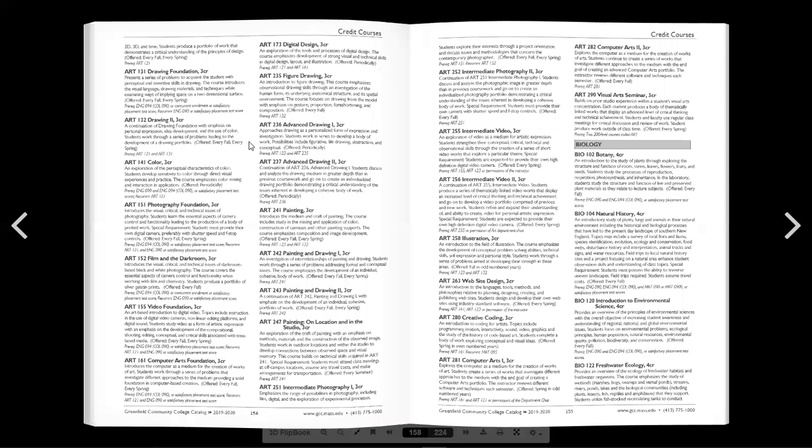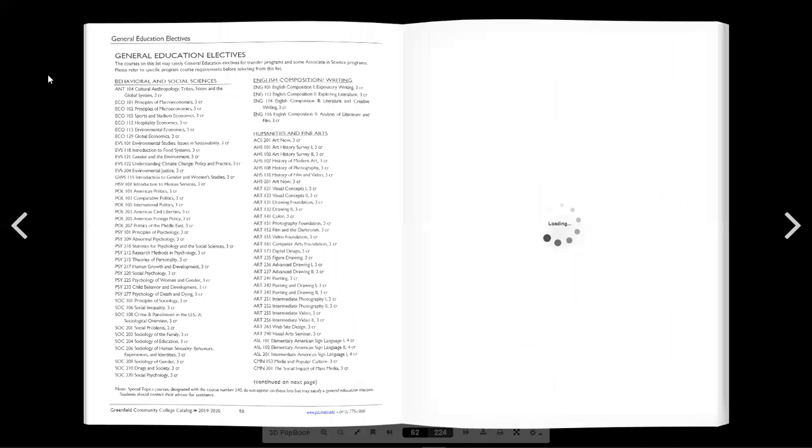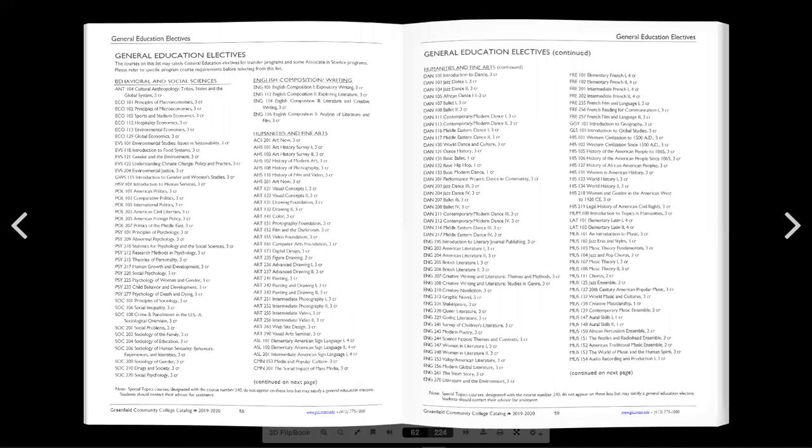The other thing I want to show you in this catalog is the list of general education electives. So that's on page 62. So going back over here to our example degree audit,